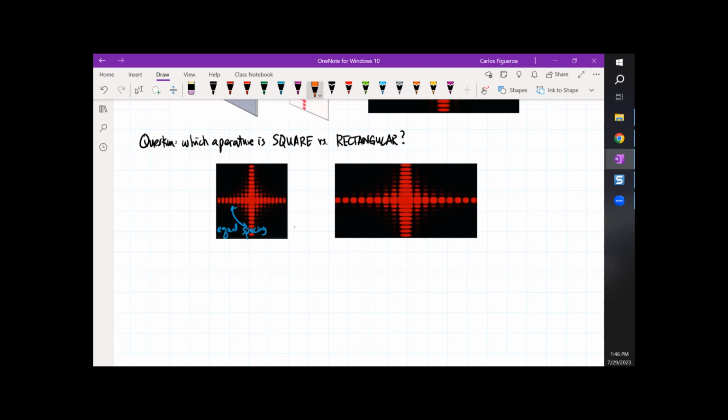On the other hand, well, let's finish this one here. So the spacings between minimas are equal, which then implies that A has to equal B, and so therefore my aperture has A and B being equal to each other. So this is the square